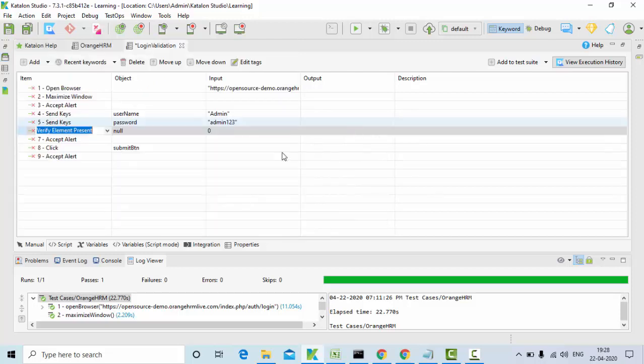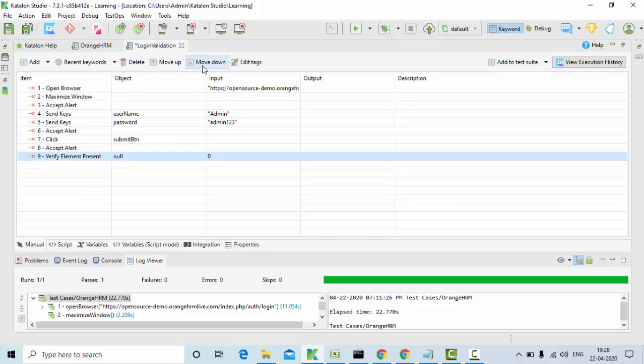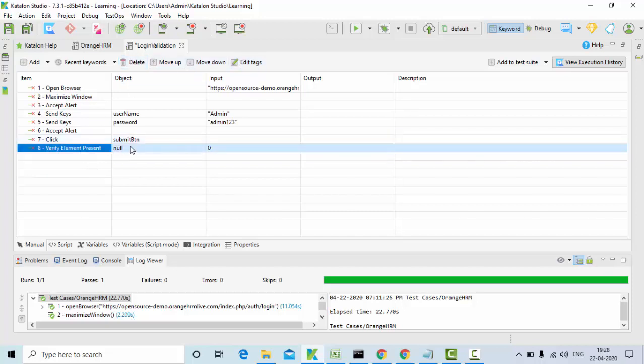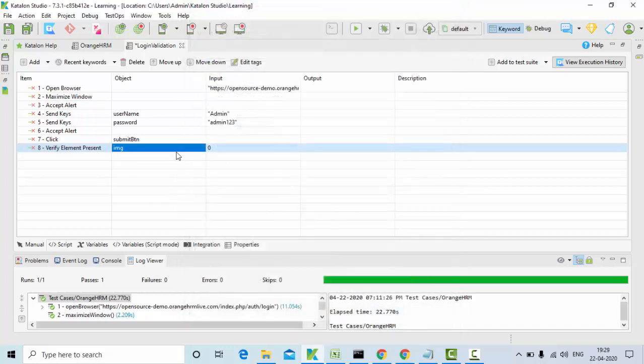I'll simply pull this here. Okay, this I'll move down, a little bit up. This step I don't need. Verify element present. Now you can see element present. So I'll just give what element I wanted to pass. So this is my element.